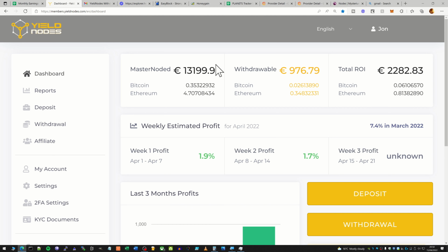But this is our system where we deposit money into a masternode balance. This is withdrawable again after 6 months. It gets locked up for 6 months. So you can start with an initial balance of 500 euros. They then masternode your money, and you get a part of the profit that they get each month. So like I said, I've gone into more detail into this in other videos, but yeah, for this month, 7.4%,